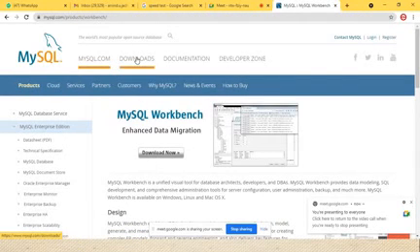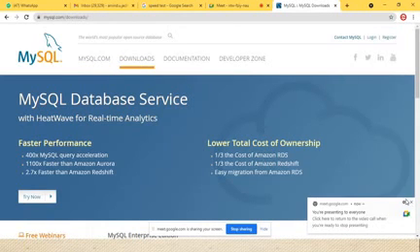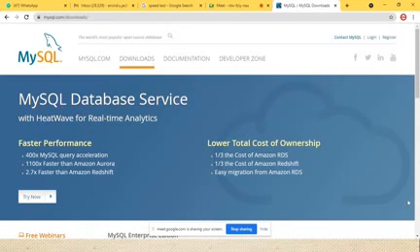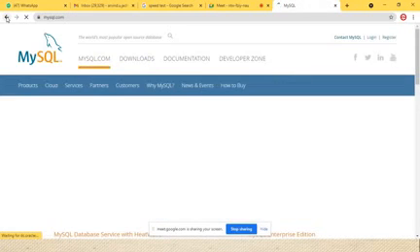Click on downloads, because for performing the application we require two different things. We require a developer tool and we require a workbench. Make a note of that. We need to learn two different things, part 1 and part 2. The developer tool we require to perform operations such as select, insert, update, join. And the workbench is required to design the diagram, the ER diagram, entity relationship diagram, or to create the database also. So we require a workbench and we require a MySQL developer tool. So do not download the previous option that was coming here on MySQL, you don't have to download that.